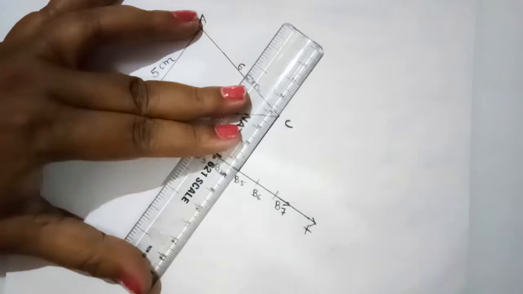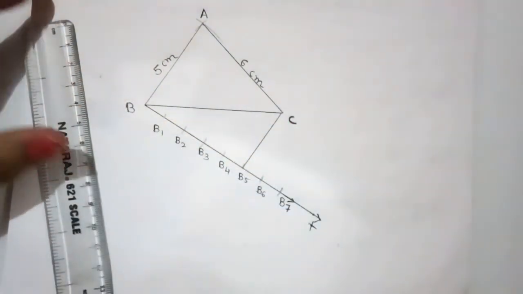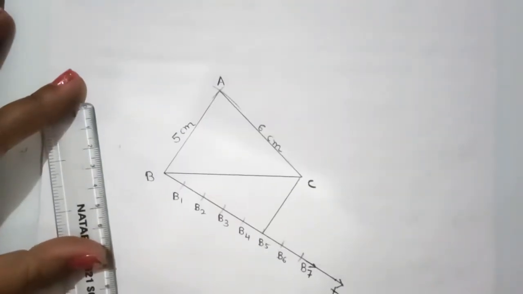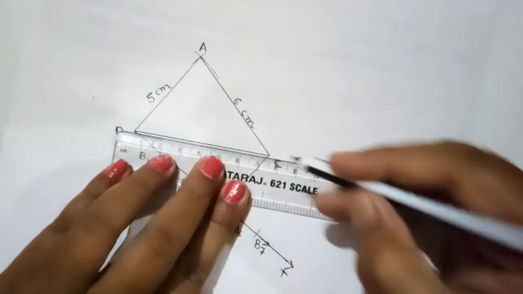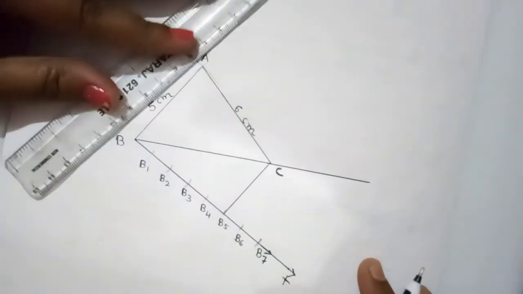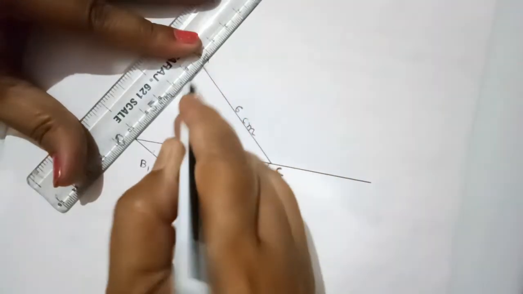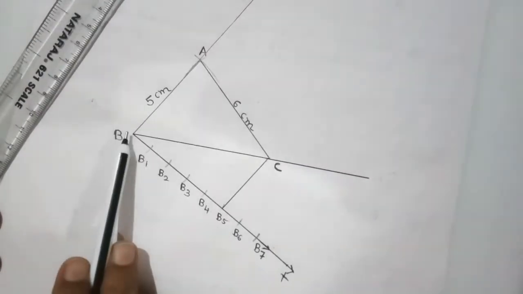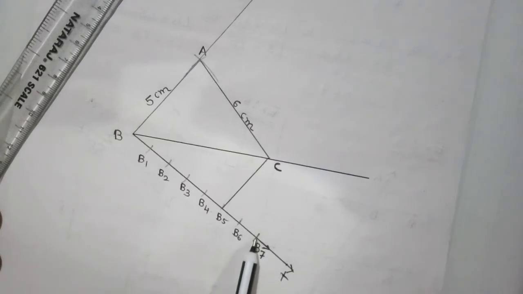Now as the triangle is to be constructed outside, we have to extend this BC line segment as well as this BA line segment also, because we want to construct the triangle outside. So first of all, let us extend this BC. In the same way let us extend this BA also. Now whatever angle is constructed at B5, that means B5C, the same we will construct at B7 arc.